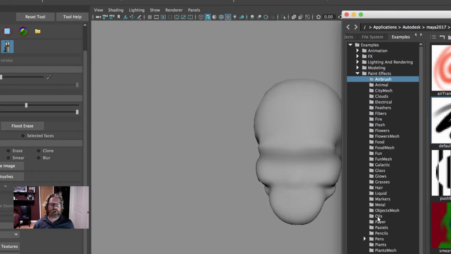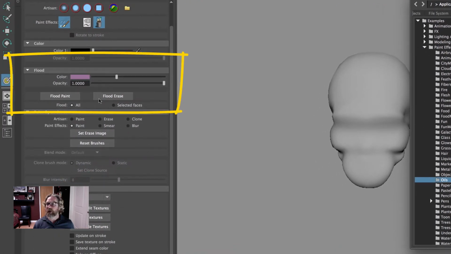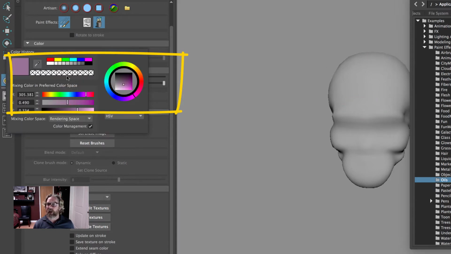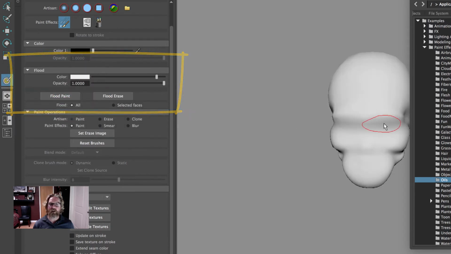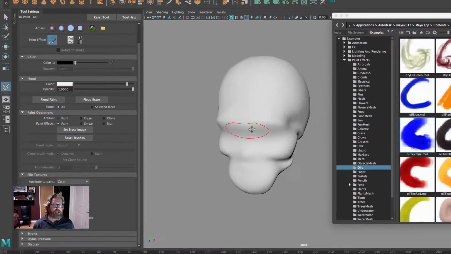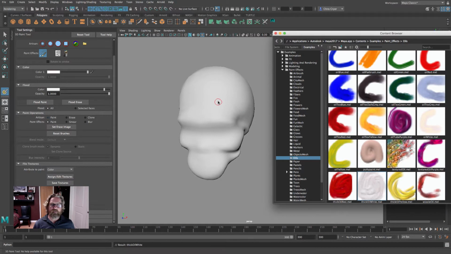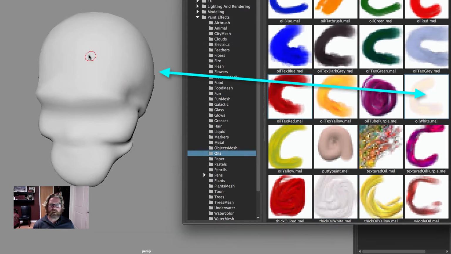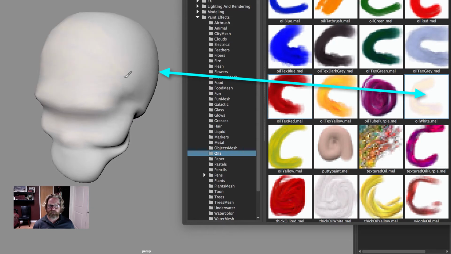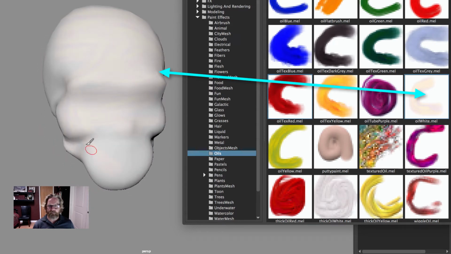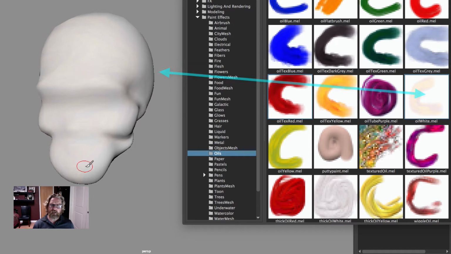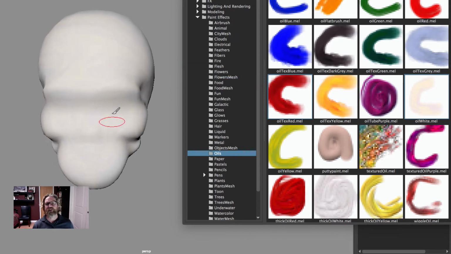And we'll come down, and before I start painting, I'm going to flood this. So we can use flood paint just to go overall. And I'll give it just maybe a light gray and hit flood. And so that floods it. Now, you could take the time to really lay out some nice background. I'm just going to do this over the face. You can do the back later, but just for time, we'll just give it some variability so it